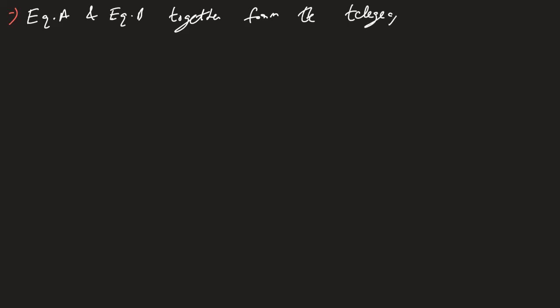So now equation A and equation B together form the Telegrapher's equations for lossy